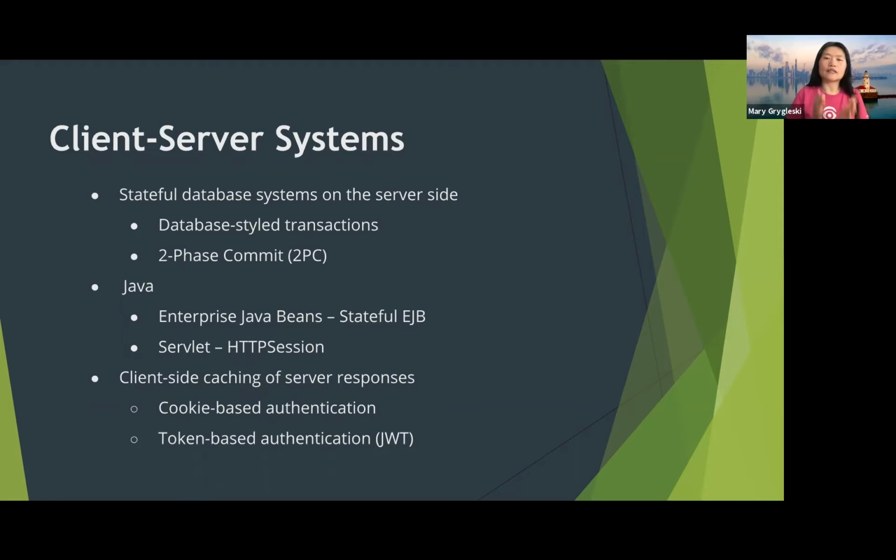But as you can see, cookies are not very performant because they require multiple trips, right? The first trip is you give it the cookie identifier, the session ID, then the server comes back and says, okay, you're good. And then the client can present its request to the server. So it takes more steps. Another way of doing it is token based, right?